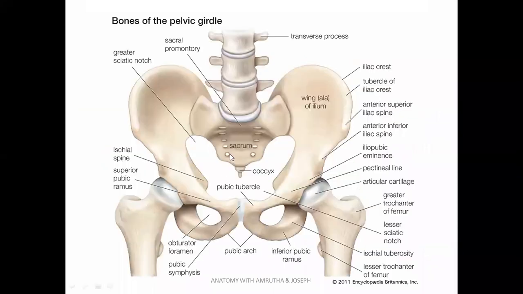Right. Let's see in a little more detail. So this is the pelvic girdle, where you can see the sacrum in between the two hip bones, forming the sacroiliac joint on either side. Pubic symphysis, which is the junction of the two hip bones, I mean, it's a joint between the two hip bones anteriorly. The obturator foramen can be seen. The acetabulum articulating with the head of the femur could also be seen. The greater sciatic notch followed by the ischial spine, right?